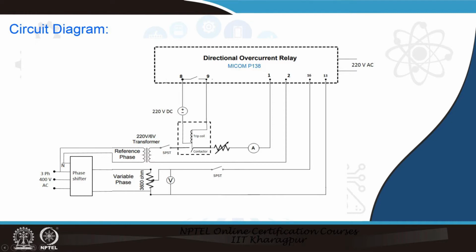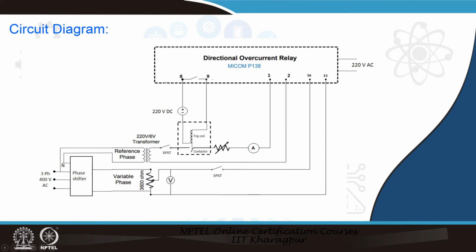So, we have a 3 phase input voltage to this 3 phase relay, and the voltage angle is being modified by this phase shifter. We have a phase shifting arrangement here to modify the angle, because we essentially require the angle between voltage and current to change. As already mentioned, we take the current to be the reference, and with respect to that current we go on changing the angle of the voltage by this phase shifter arrangement. Then the voltage is stepped down to the required level, and that goes as an input to the relay as a voltage signal.